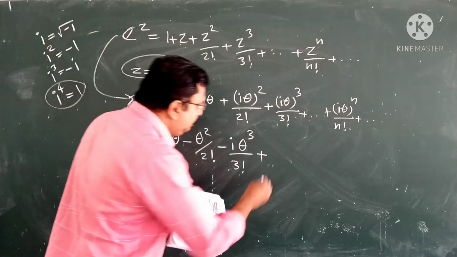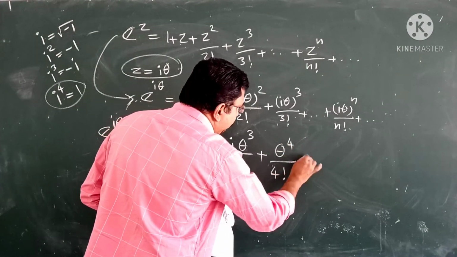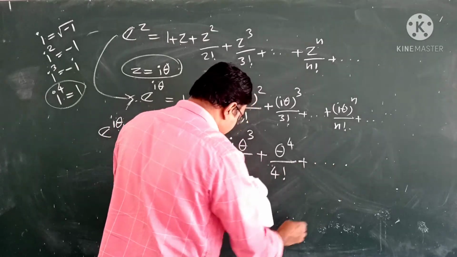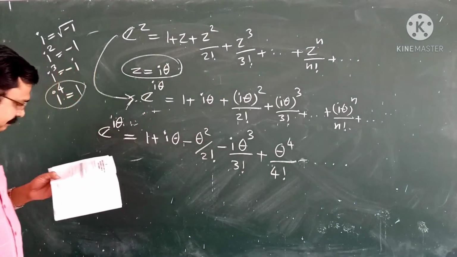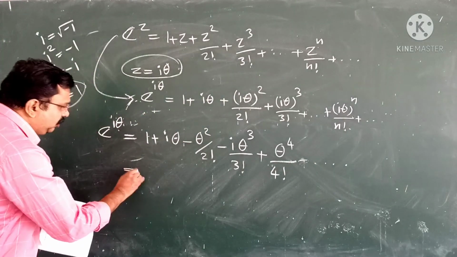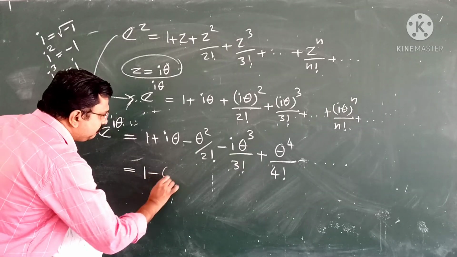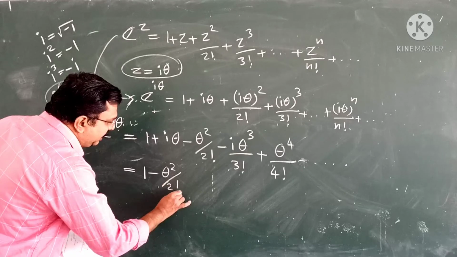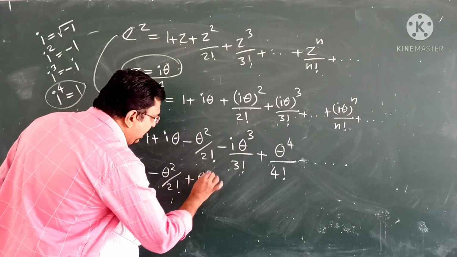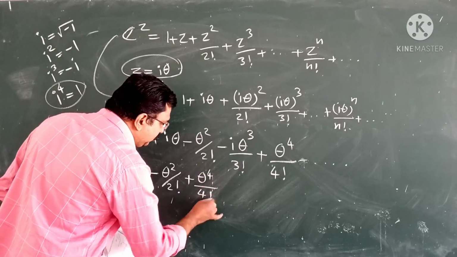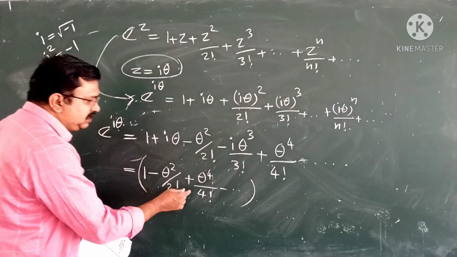Therefore the next term is theta raised to 4 by 4 factorial plus etc. The signs alternate plus and minus. Then this is equal to 1 minus theta square by 2 factorial plus theta raised to 4 by 4 factorial minus etc. This is our first set, plus